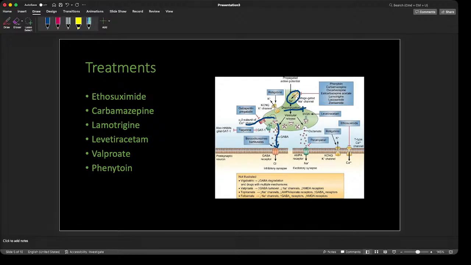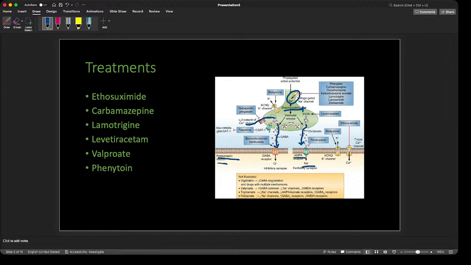So glutamate and GABA are basically both being released, and one of the receptors that glutamate attaches to is the AMPA receptor that's used to release more sodium into the postsynaptic neuron, which is the neuron that's receiving the neurotransmitters or excitatory neurotransmitters. So you can see here that's what's going on in this basic diagram.